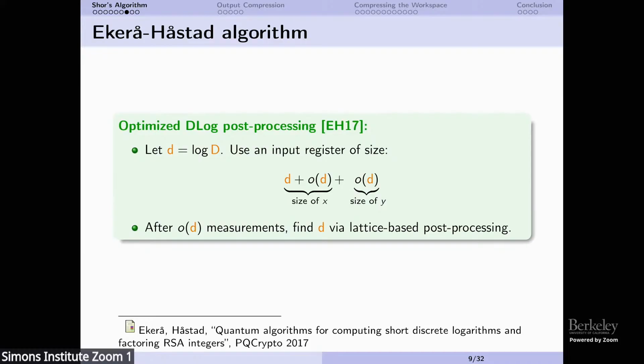You need more than one measurement for this. You need some number which is also going to be small, depending on n, on d. It's going to be a constant, 20 or 50, whatever. And when you get all these measurements, you do some post-processing of the values, which is based on lattice sieving. And this gives you the period. So this is a version we need. We need something that is really optimized in the input size. And that's it.